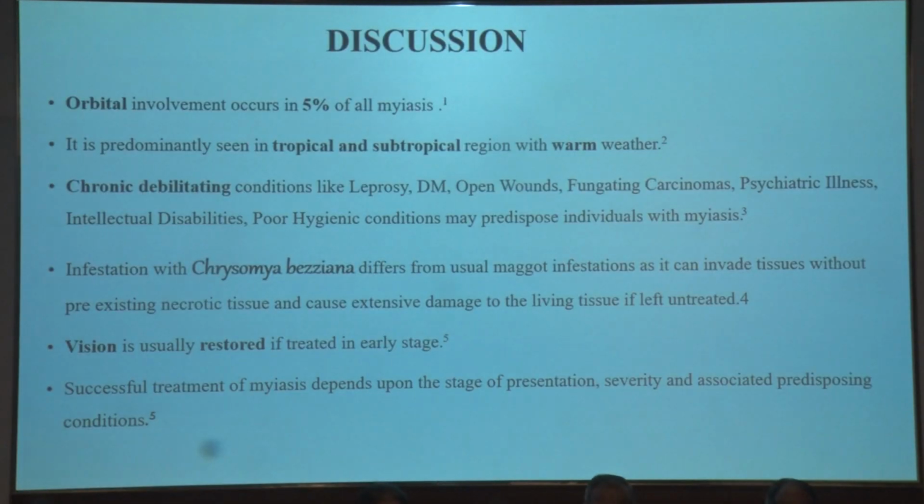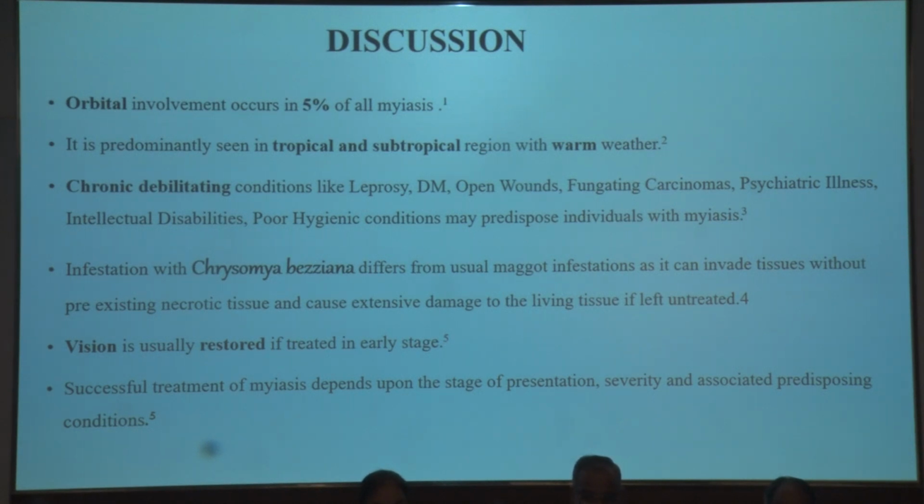So coming to the discussion part, orbital involvement occurs in 5% of all myiasis cases. It is predominantly present in tropical and subtropical regions with warm weather. Chronic debilitating conditions like leprosy, diabetes mellitus, open wound, fungating carcinoma, psychiatric illness, intellectual disabilities, and poor hygienic conditions may predispose